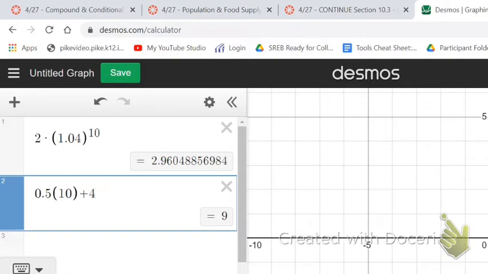I want you guys to continue to iterate this. Continue to try some guesses and checks with different amounts for the year. Eventually, because the population is growing exponentially, that food is going to run out. Let's take about 5 minutes or so. Substitute in different values. You can use one of the yellow calculators or hop on Desmos, but you want to substitute in different values in the place of time.